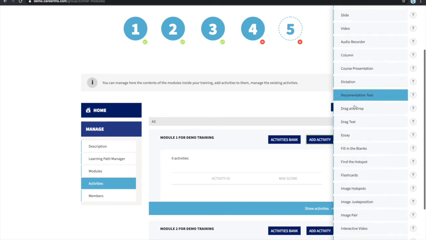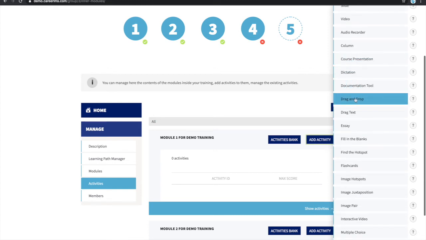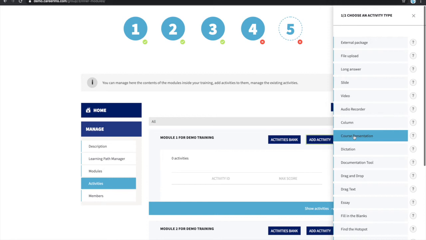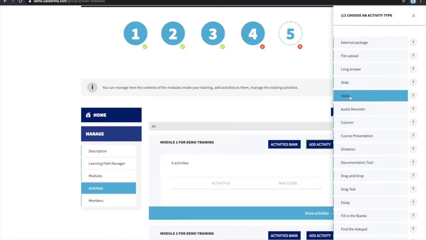to prepare a module. So some of the unique ones with CareerLMS is the drag and drop feature. For example, you need to prepare a question where the student needs to drag something from the left side to the right side, and they need to drop it in the right places to validate some of the questions. That is absolutely possible. The fill in the blanks and essays, question set, questionnaires, timeline, true false question, and all those things are available. So I'm just going to add a video here